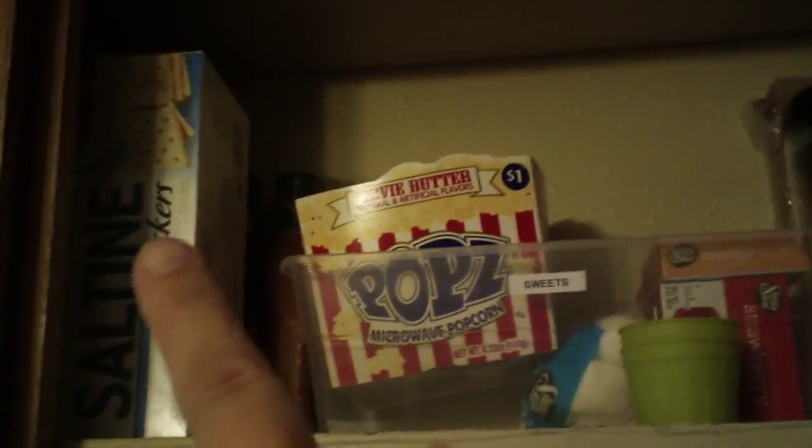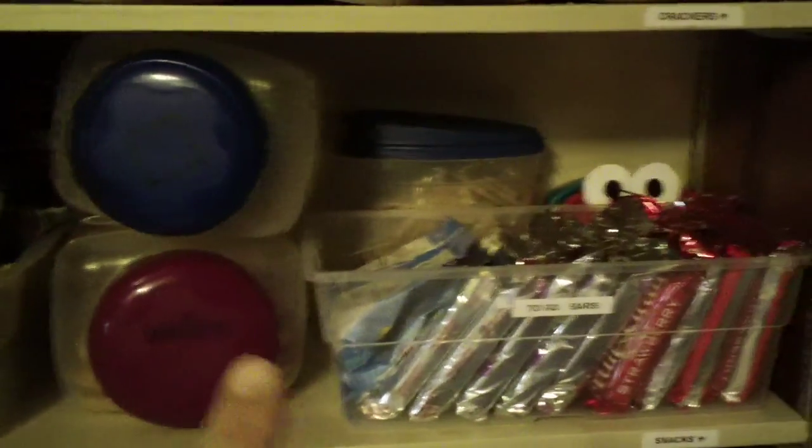And then here I've got some extra crackers that I didn't have room in my snack bins for, and my snack bins are on this next shelf. I got these because they seal, and I also have room for extra boxes behind these. So there are the extra boxes behind there. So all the snacks that my kids love are on this shelf and on this shelf,